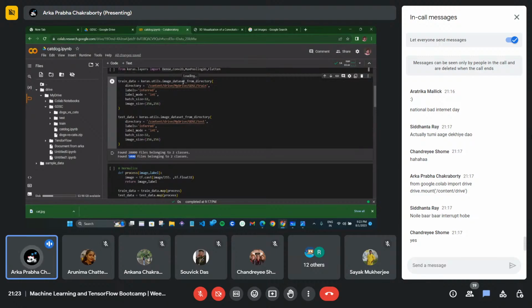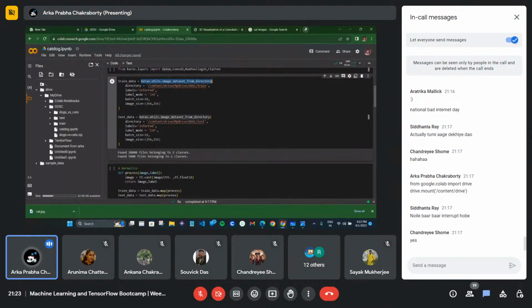Now, here's some advice for you guys: don't try to understand the code from start to end. If you understand the main things, you will understand these things also. These are not rocket science. This is normal code. If you see this keras.utils library, it has docs.